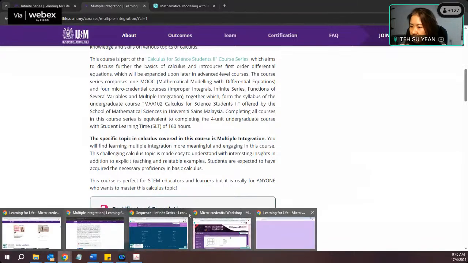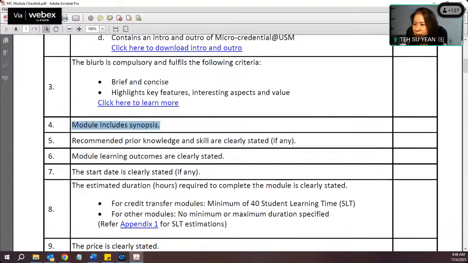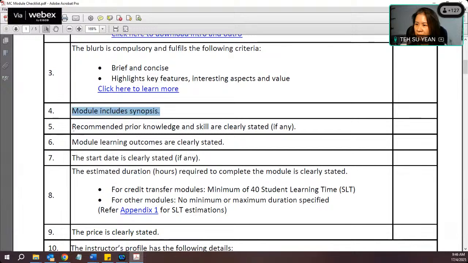So this is my example, but you can view any micro-credentials in the Learning for Life platform to see how other people wrote their synopsis. So that's synopsis, and of course, in the landing page, usually as part of the synopsis, you might want to recommend prior knowledge and skill